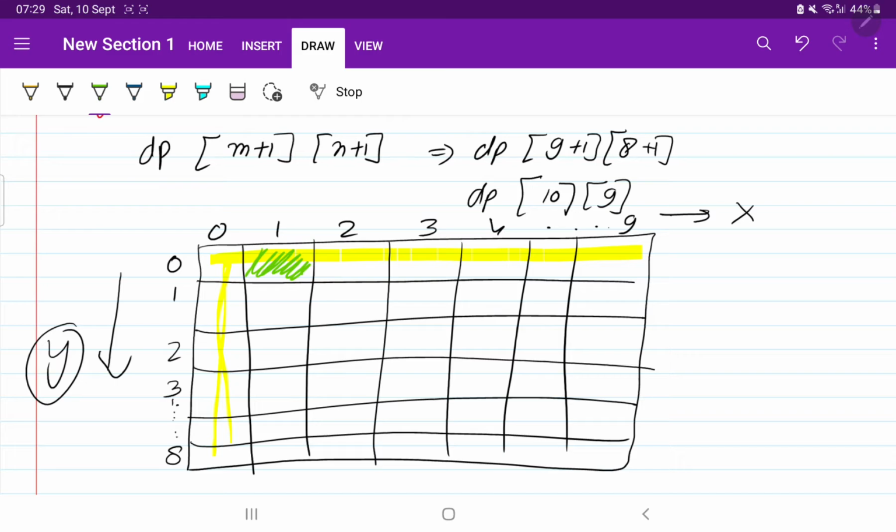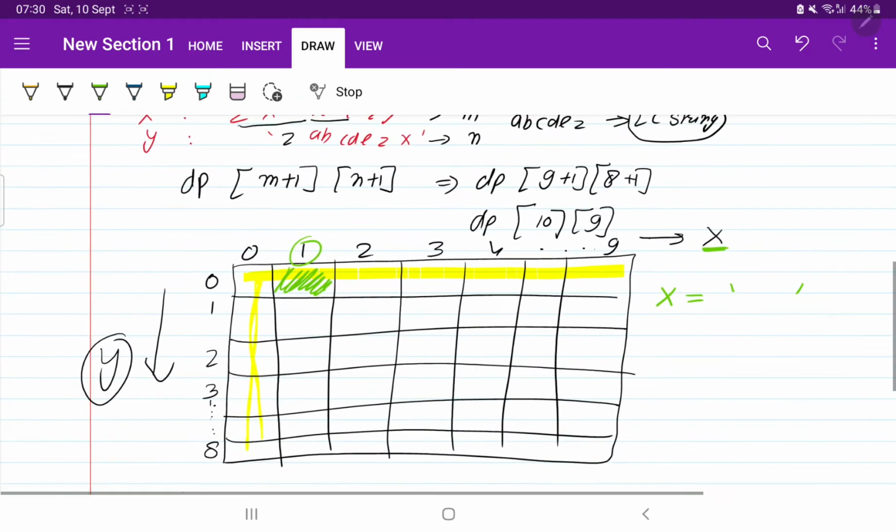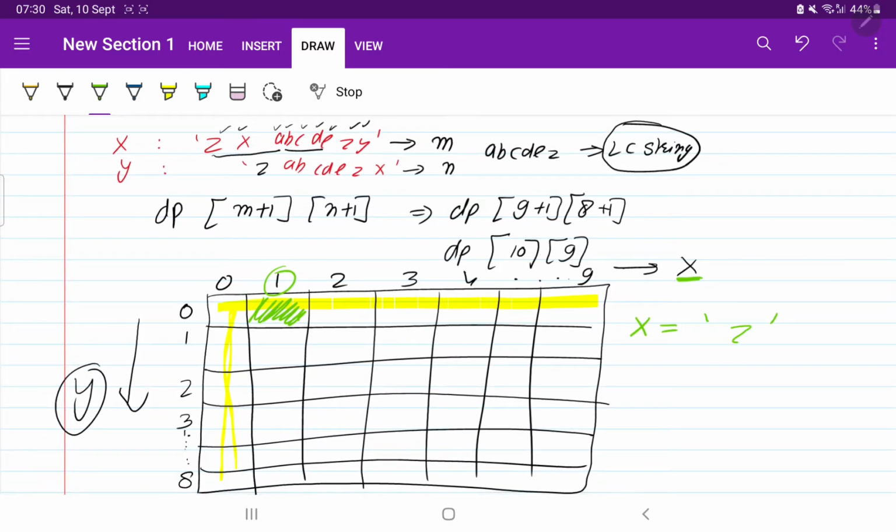What does this block of the matrix tell us? It tells us that for the X string we have one element, and what was the first element of the X string? That is Z. For the Y string we have 0, meaning it is empty. Now tell me, if I ask you, is there anything common between these two?